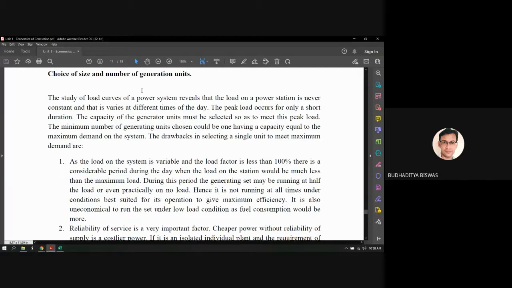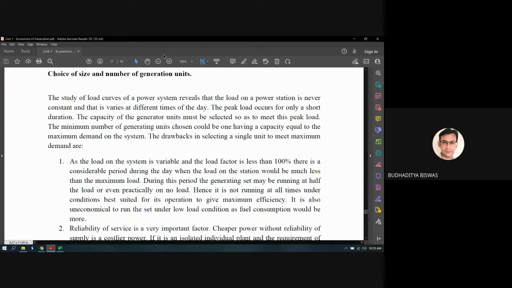Compared to the second situation, the same 100 megawatt load demand, but you install 11 generators, each generator having a capacity of 10 megawatt. So again, the total generating capacity of the power plant is 110 megawatt. So based on the capacity, both the power plants are the same. But in one power plant, only one alternator is there, and in the other power plant, a total of 11 alternators are there. So which one do you choose? The second one. Why? The reliability is more in the second one.